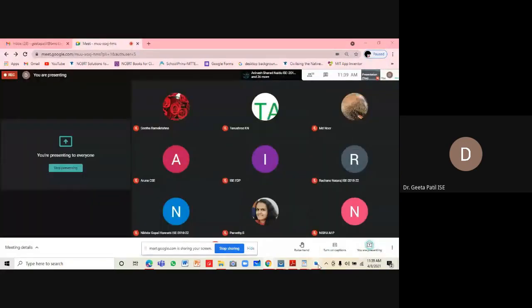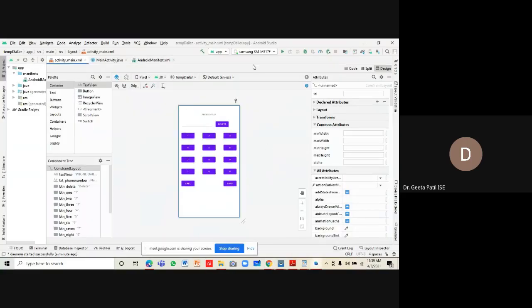Yeah, noticed it. So this is the design of our phone dialer put up with the constraints.